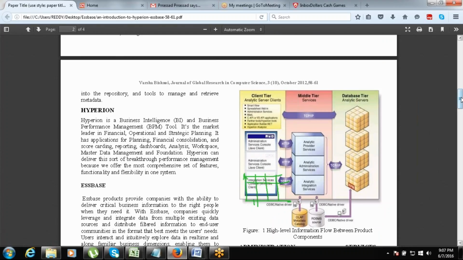So as I told, Hyperion is a business intelligence tool, right? And this is a business performance management tool, okay? This is one of the market leading financial and analytical solutions which can be used to store data, for doing planning and forecasting, and also for generation of reports. Okay,